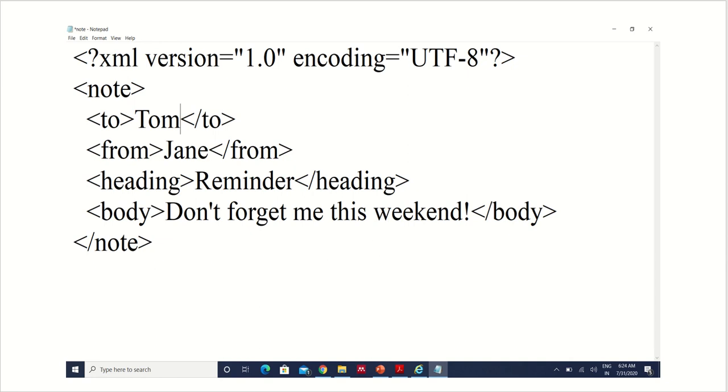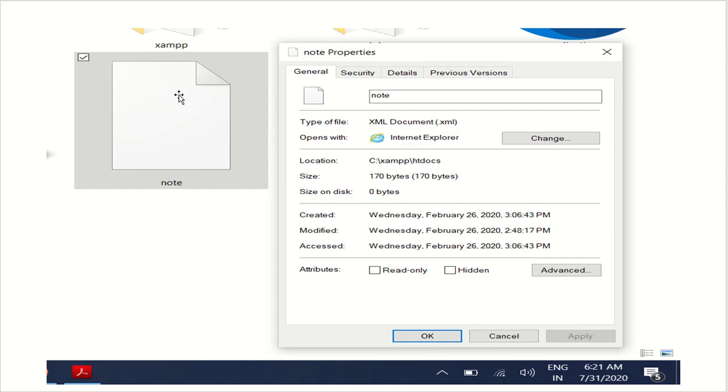Now I have made an XML document for you. I have created this file with the name note, and I have saved this file with the .xml extension. Now when you save this file with the .xml extension, Windows will show you a file like this.